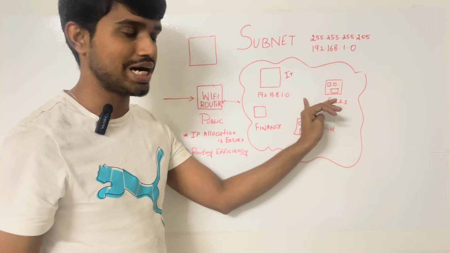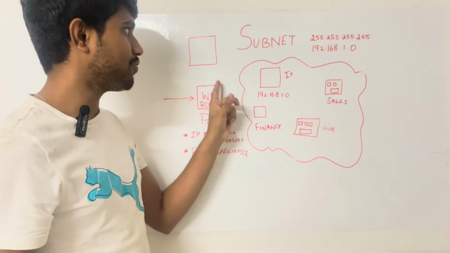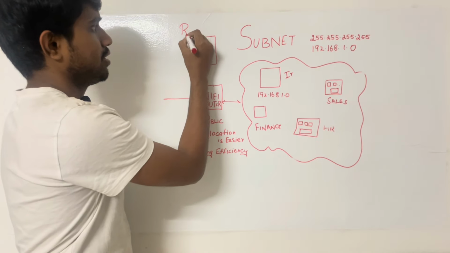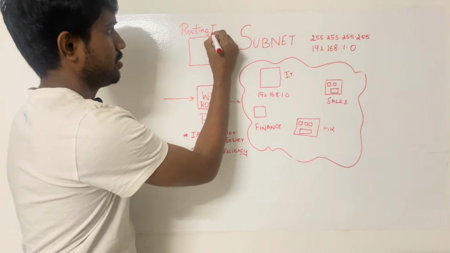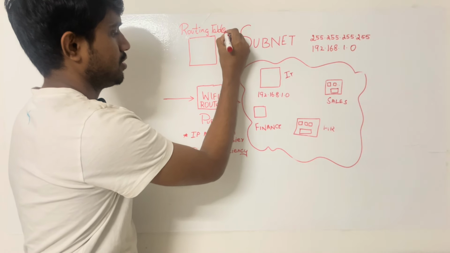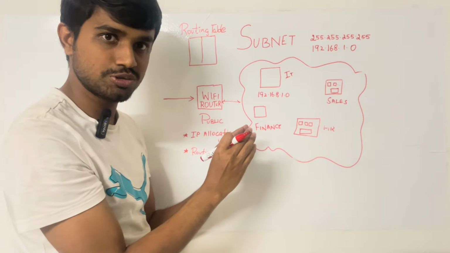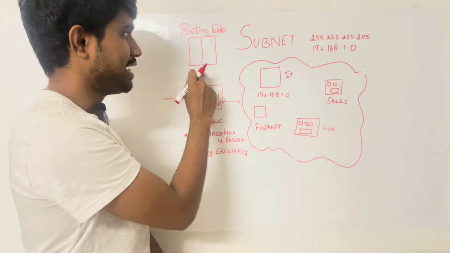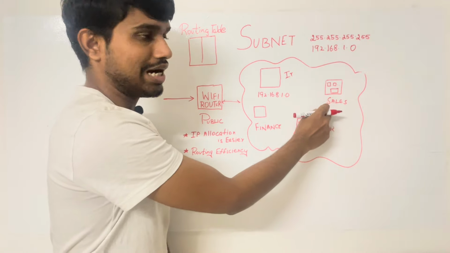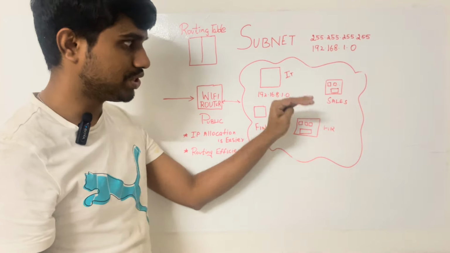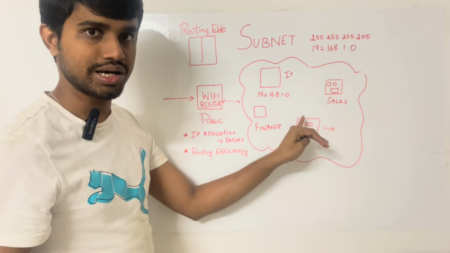If it knows that all these sales computers belong to a subnet, it is easier for it to maintain this routing table. So it has a table on how to reach all the devices, and if it knows how it has been framed, it is easier to maintain this routing table, and it can route the request faster to those respective devices. And also within each of the subnets, for example, the HR system,